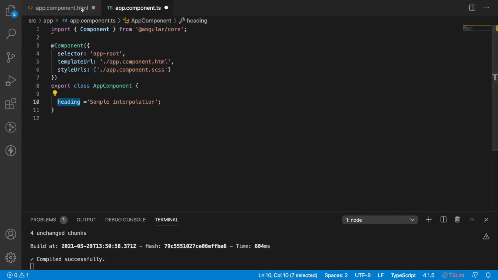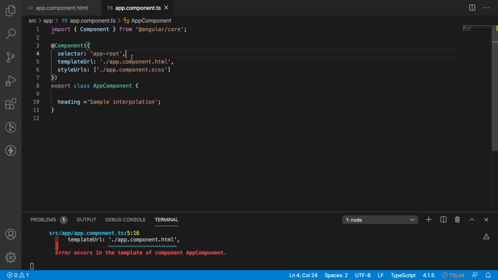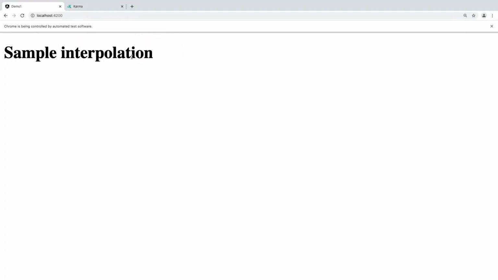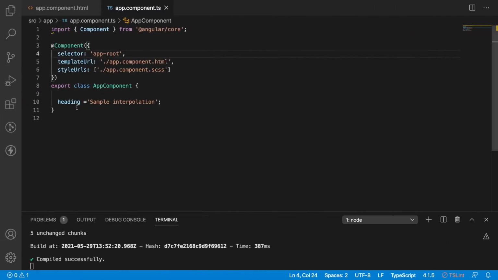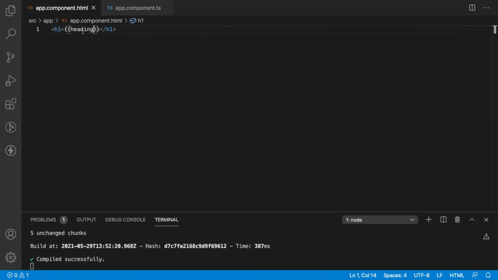Take that variable, paste here, save it as well as save it. So let's go to the browser and check the value. So sample interpolation has been printed. That means whatever you are writing for this variable, that value is printed on your HTML. So this is one type of interpolation usage.